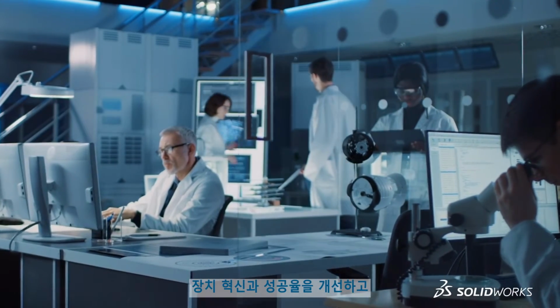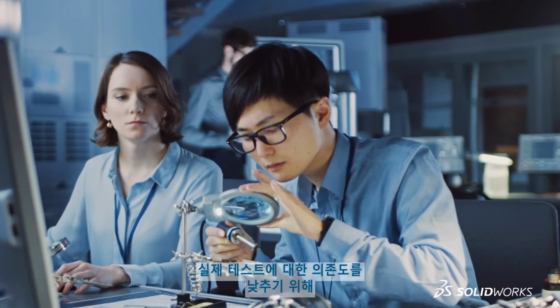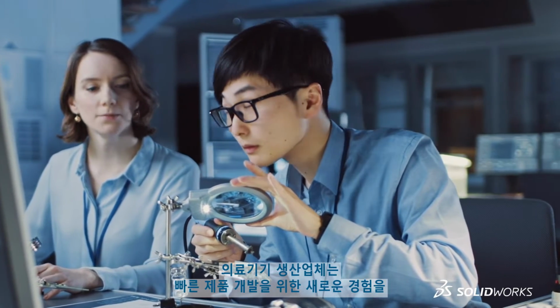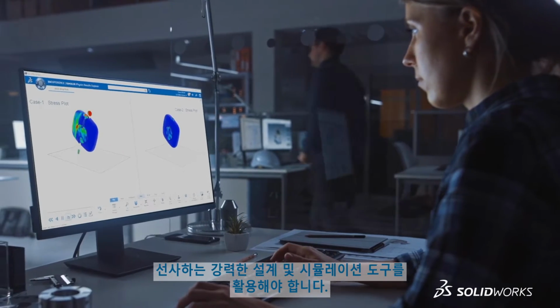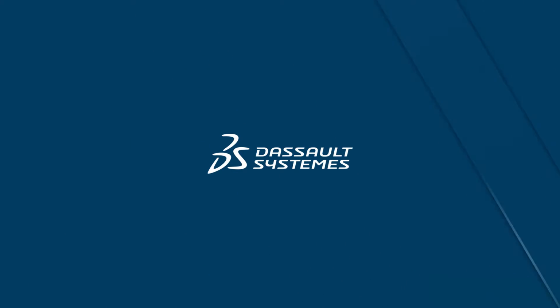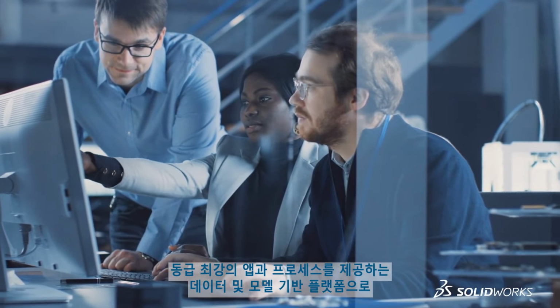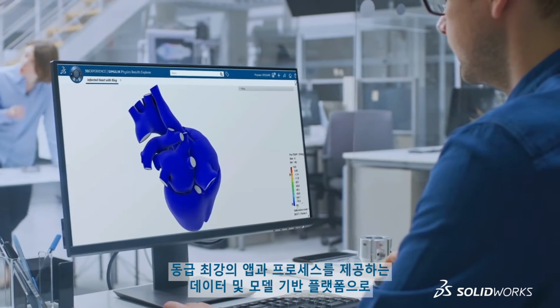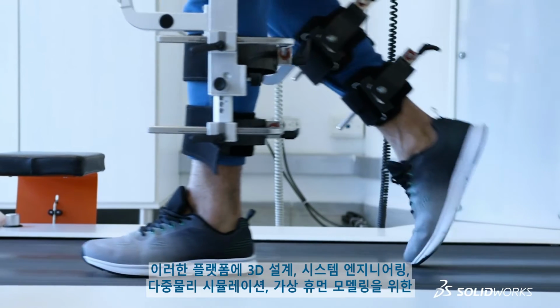To improve device innovation and success while reducing the reliance on physical testing, medical device companies need to leverage powerful design and simulation tools that deliver a new experience for rapid product development. Imagine being able to design and develop medical devices with a data-driven and model-based engineering platform that has the best-in-class